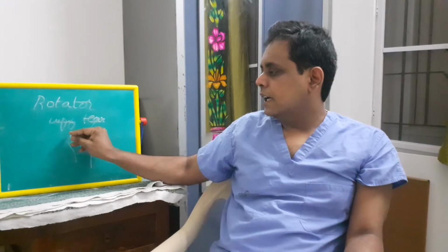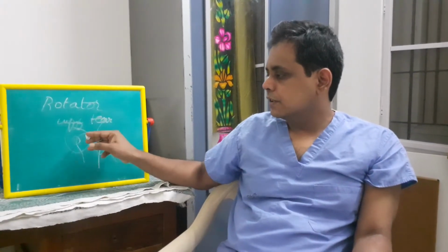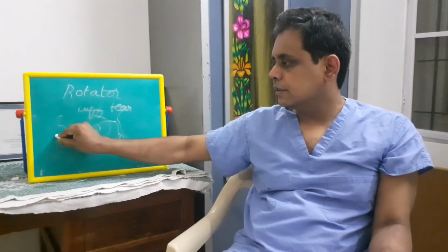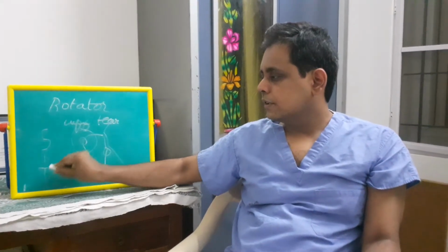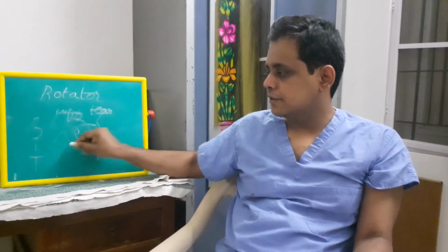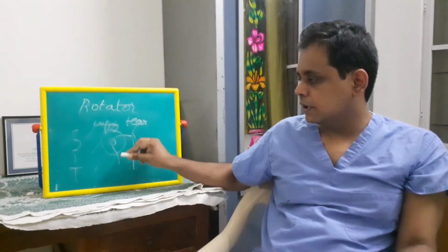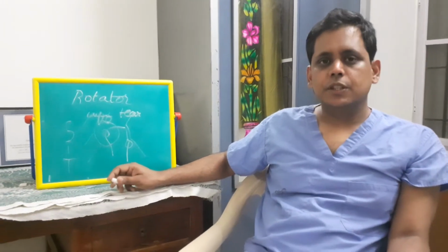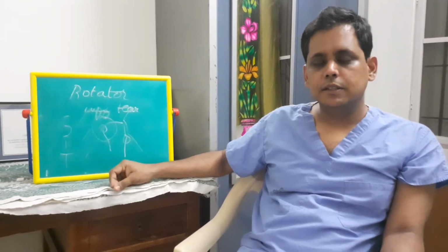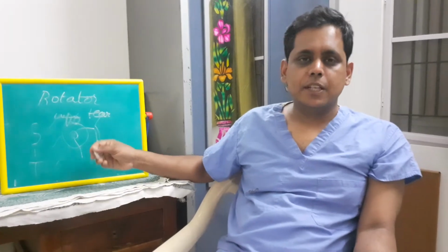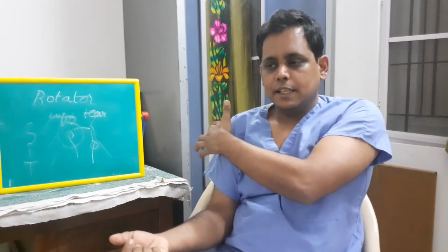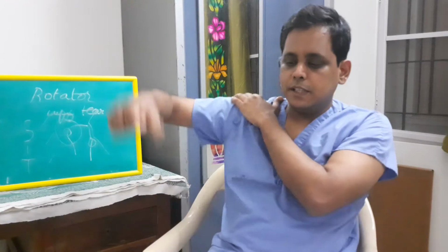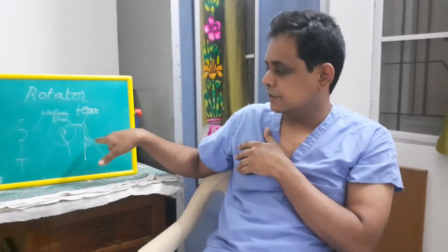And where do they attach? That's another question that they keep asking. SIT, you should be aware of this mnemonic. So supraspinatus, infraspinatus, and teres minor, from top to bottom, is the attachment over the greater tuberosity of the humerus. Okay. Whereas the subscapularis, which is the internal rotator, cannot get attached here. So whatever is abducting or external rotating gets attached here. Whatever is internal rotating is getting attached here. That is the lesser tuberosity. That is the subscapularis. Okay.